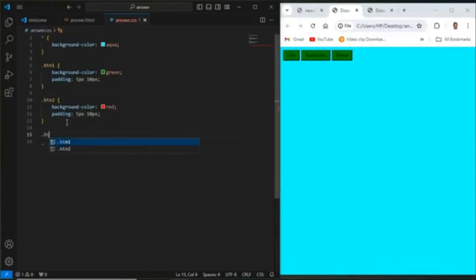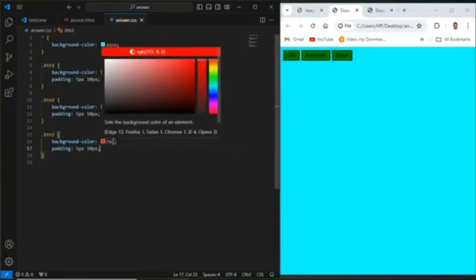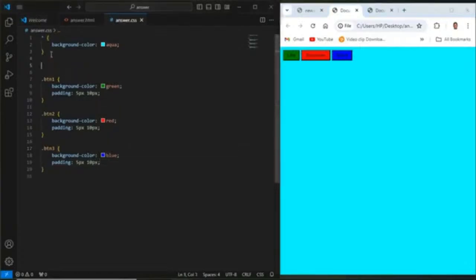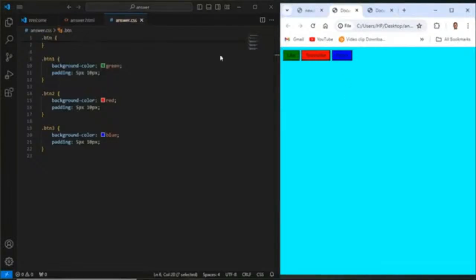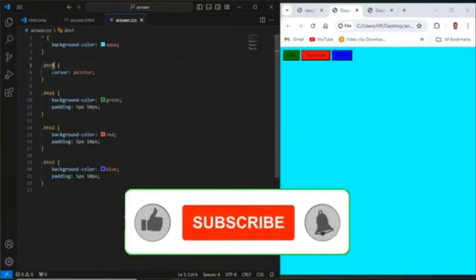So for the next part, this is button. See? Here you can do it that